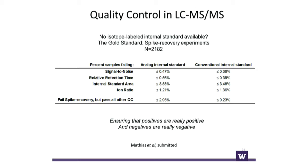So we're able to incorporate these things into our LCMS experiments as quality control parameters. One of the things that we do, in many cases, is spike in a molecule to see if we can actually detect it. The reason that we do this is we don't have isotope-labeled internal standards for every molecule. So instead we add an analog internal standard and use that to evaluate for ion suppression. Some data that Patrick Matthias has put together and has submitted for publication shows that these are just